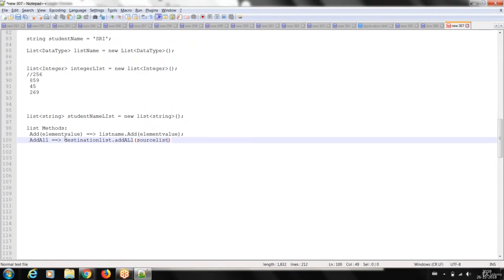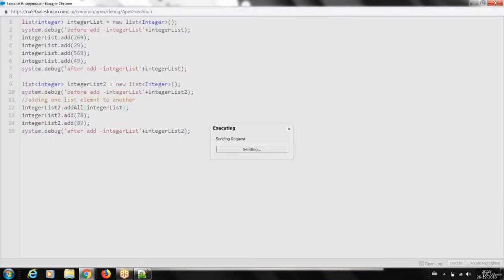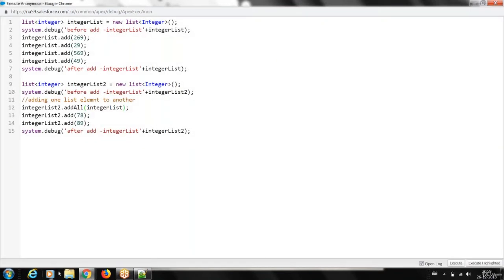This can be a list or a set, any collection, or I can say source collection. That way you can use addAll. If I execute the same thing, you will see the same output, but using a specific method.